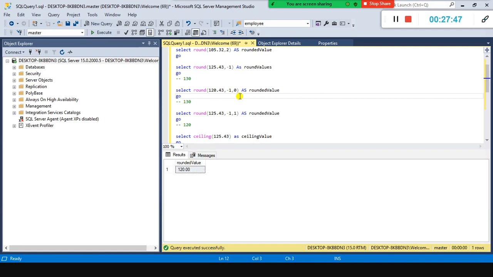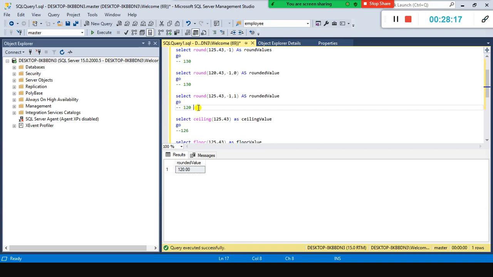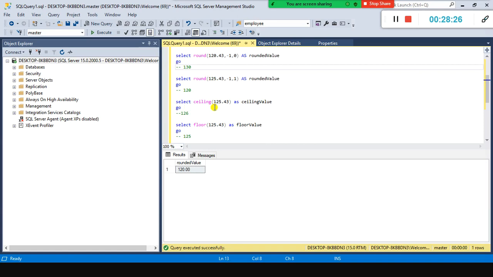So in this case it truncates the decimal value by -1. To truncate the decimal value, it converts the entire value to the next highest value. But here, since we have used the third argument as 1, it converted this value to the next lowest value. So for 120, to truncate the decimal value, it converted this into the next lower value. It is a bit difficult to understand, a bit different, but this concept is pretty simple. This is how it works. The ceiling and floor are pretty straightforward.